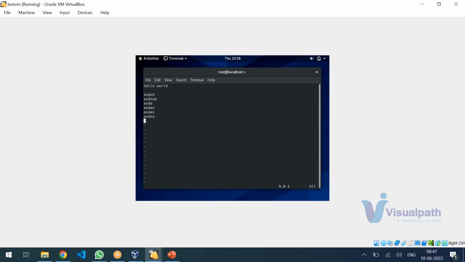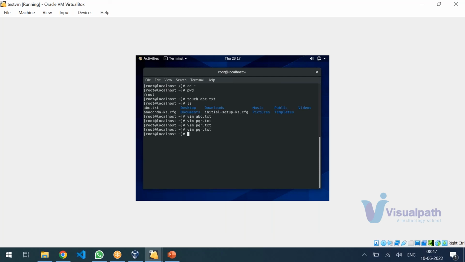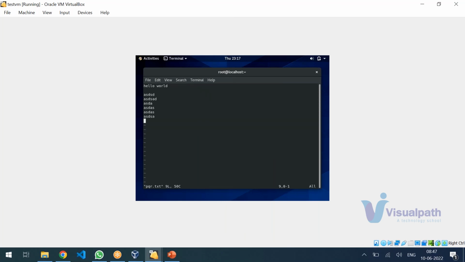Then you have to press colon wq. If you type colon wq, it will write the content to the file, and then quit. W is for writing, Q is for quitting. So if you type wq and enter, it will write it in the file and quit. So again, when you open it, your contents will be there. For example, if I want to type something else,